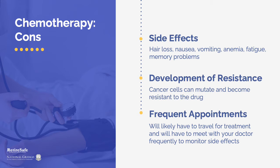Finally, you will have to go to a lot of appointments. Chemo is most often given as an infusion into a vein, often at an outpatient chemotherapy unit or in a doctor's office or hospital. It can also be given as a pill, shot, or cream, depending on your type of cancer. But no matter what method, you will have to see your doctor often so they can administer the drug